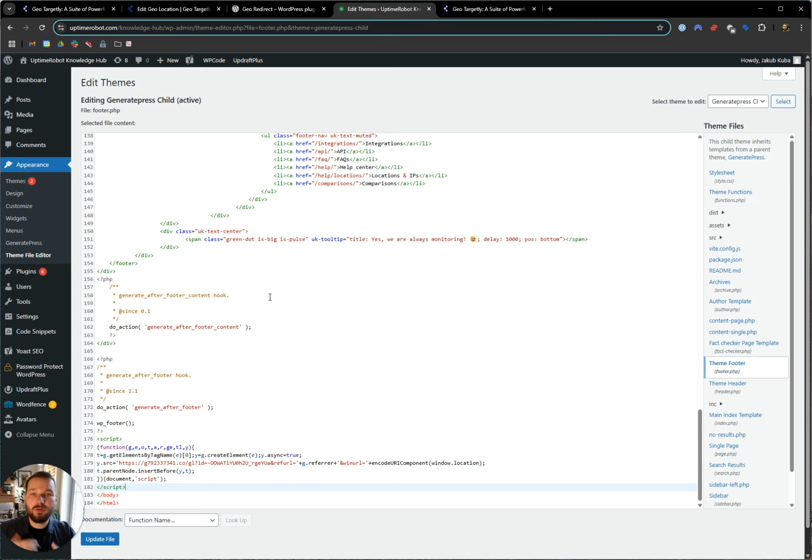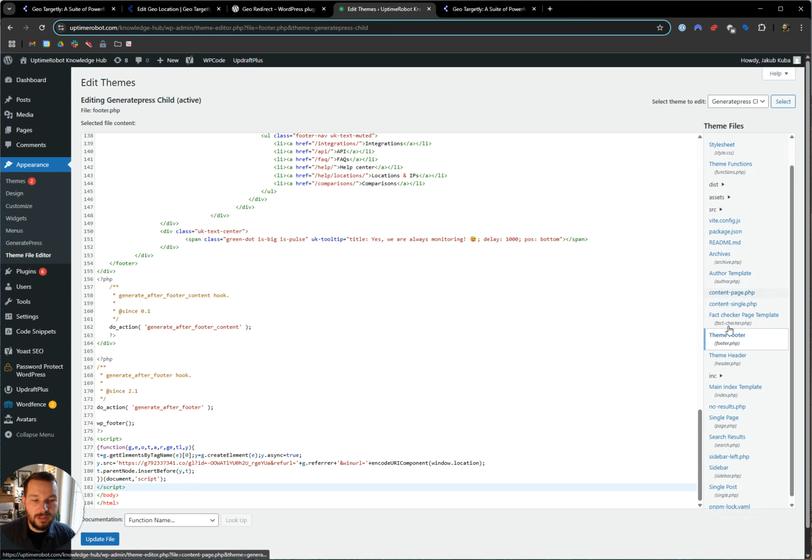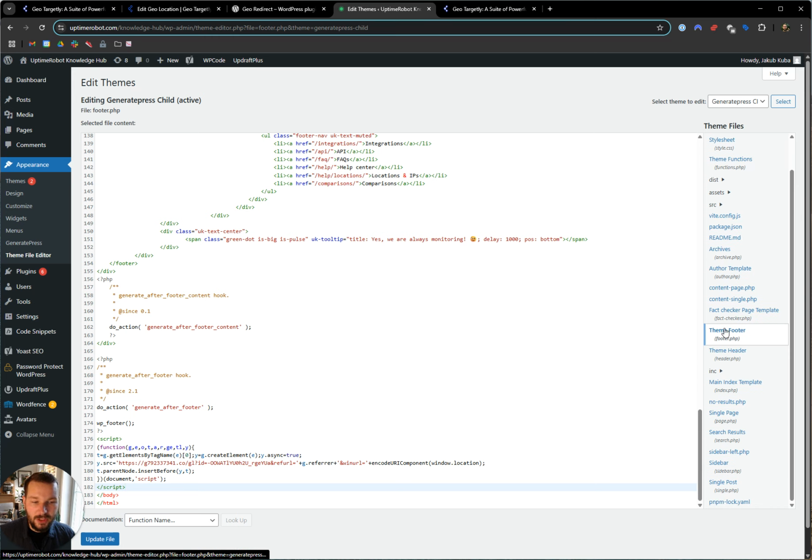This would be a use case for the site-wide implementation, but in other cases you might also want to implement Geo Targetly for a specific set of pages only. The use case here might be that you have some content that is geographically restricted, but that content lives only on certain pages. In order to do that, what you would need to do is the same, but you would need to find the theme of the page for which you want to implement it, such as